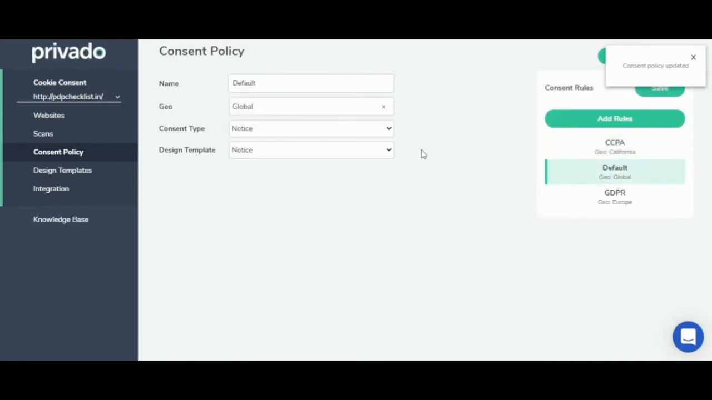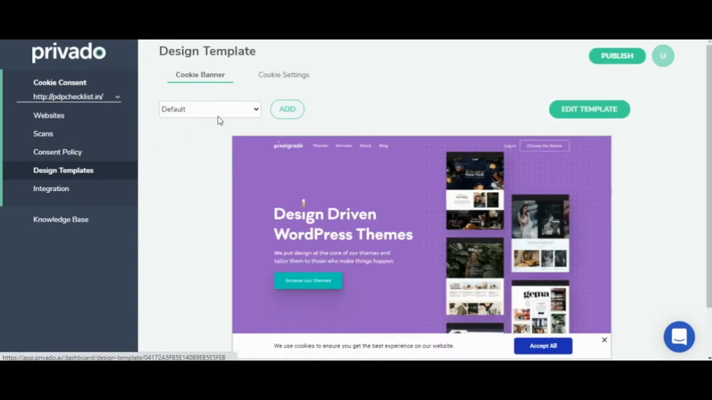So quickly, globally you're showing notice as design template, consent type as notice, CCPA is opt-out, and design template as CCPA, whereas GDPR is consent type opt-in, which means we'll automatically block cookies, and design template GDPR. The last step is to